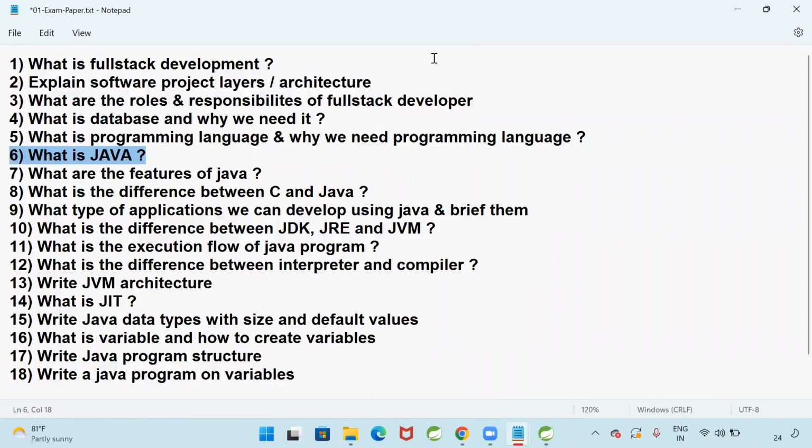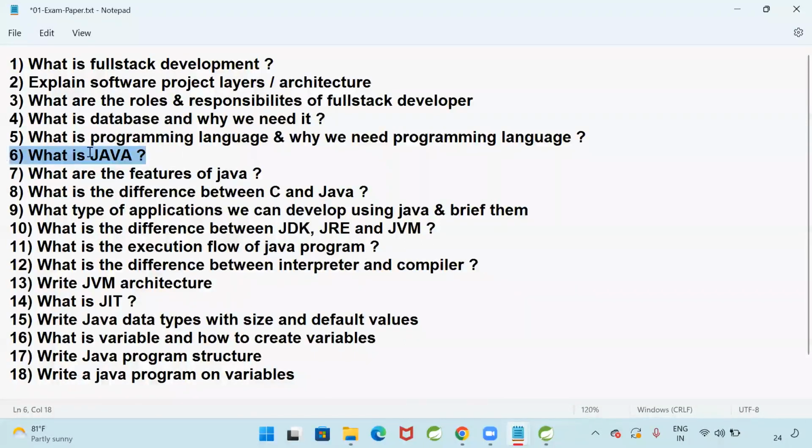What is Java? Write it. That is the sixth question. Yes, what is Java?